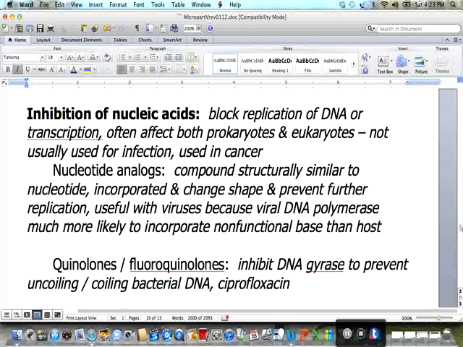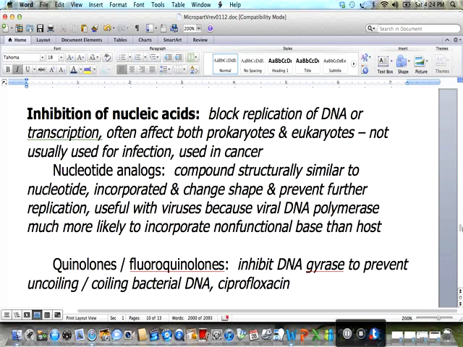Drugs that inhibit nucleic acids can block the replication of DNA or transcription. These processes are found in both prokaryotes and eukaryotes, so such drugs are not usually used for infection and only for cancers. The nucleotide analog is a compound structurally similar to a nucleotide. They are incorporated into the genome and change shape, preventing further replication. These are useful with viruses because the viral DNA polymerase is much more likely to incorporate a non-functional base than